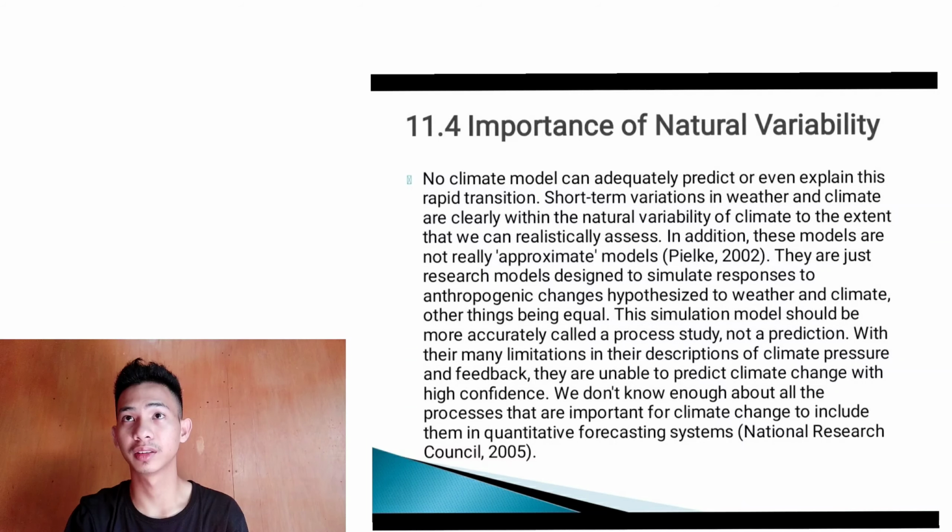No climate model can adequately predict or even explain this rapid transition. Short-term variations in weather and climate are clearly within the natural variability of climate to the extent that we can realistically assess. In addition, these models are not really approximate models. Built 2002, they are just research models designed to simulate response to anthropogenic change, hypothesized to weather and climate, other things being equal. This simulation model should be more accurately called a process study, not a prediction,